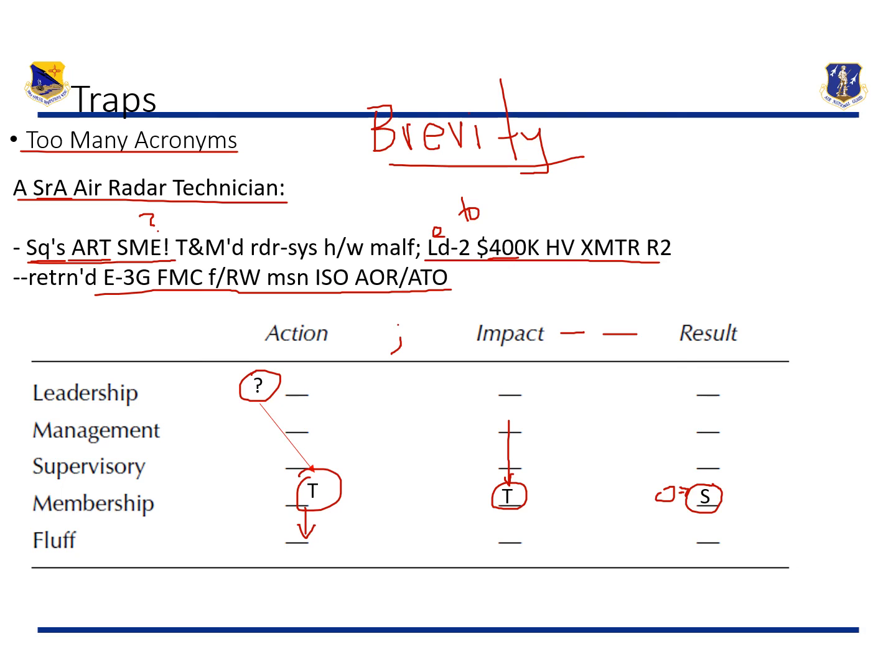But again, we're distracting our reader with so much that he won't be able to convey this, an area of responsibility, the air tasking order. He won't be able to convey this. And so what could be a management level impact or result for this airman now turns into a membership bullet. And honestly, if I was an air radar technician, I would probably score this bullet at a 1.5. But most board members are not, and so I fear that a bullet like this may turn into a 0.5 bullet. Let's not fall for the too many acronyms trap.